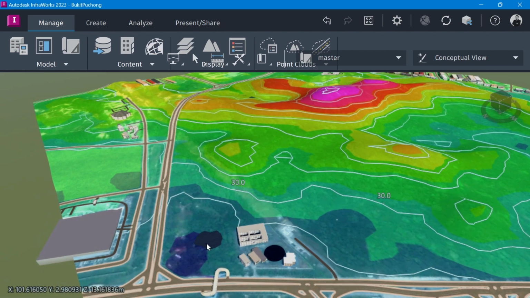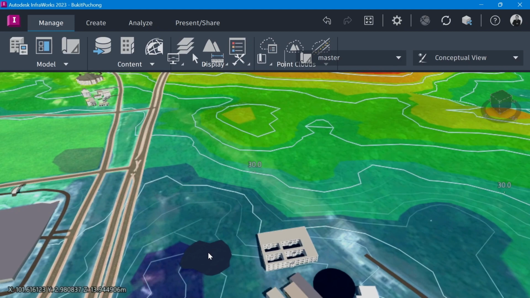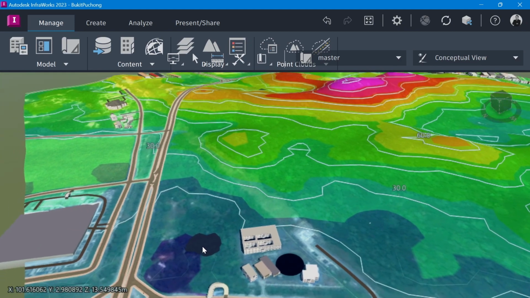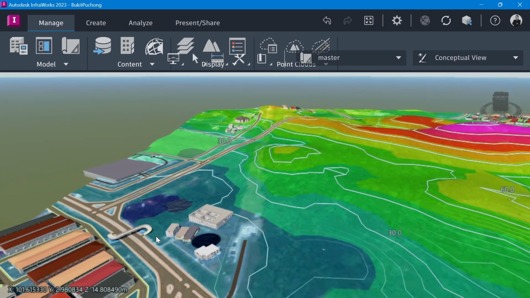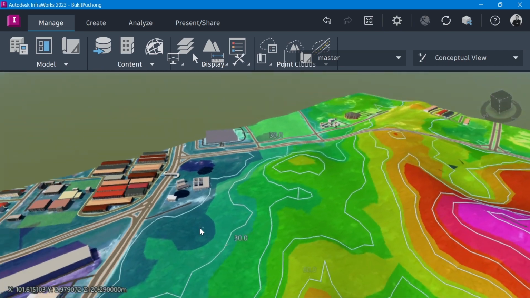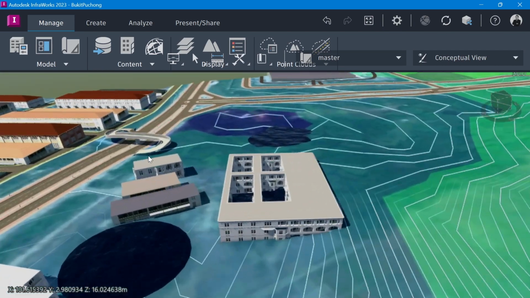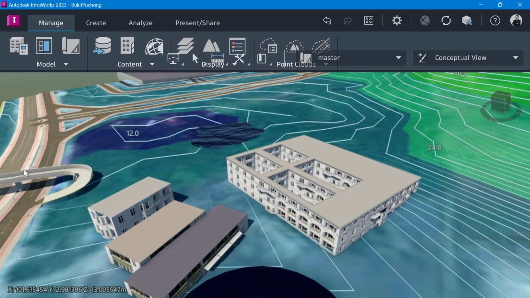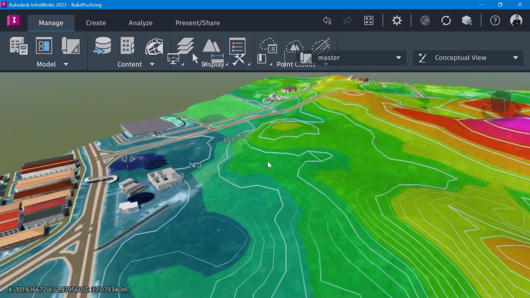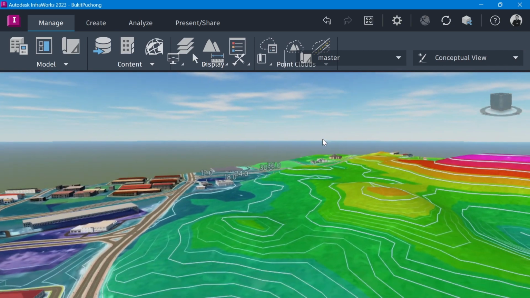This area is a good area for water ponding. Okay, then you can see there, slightly detailed here, there is a ramp and a bridge.